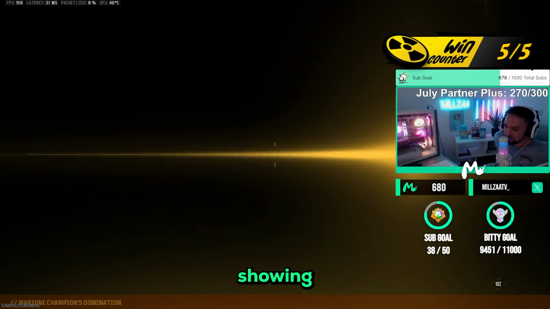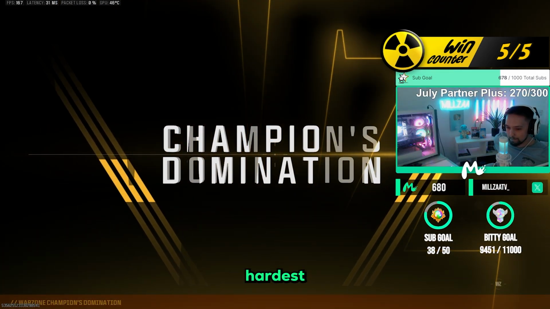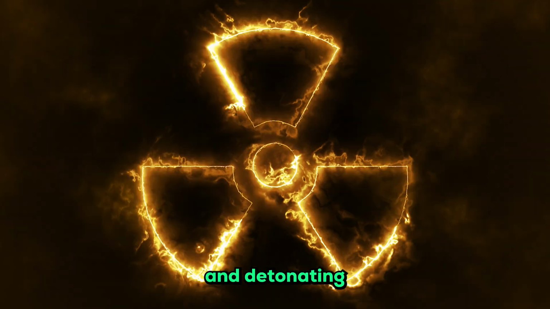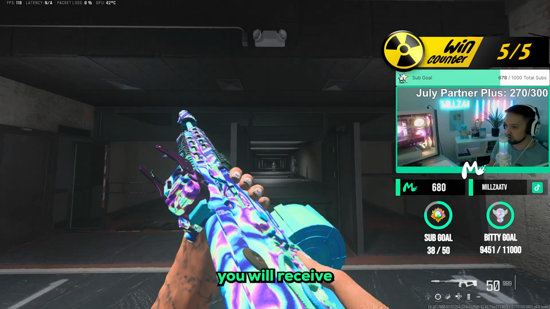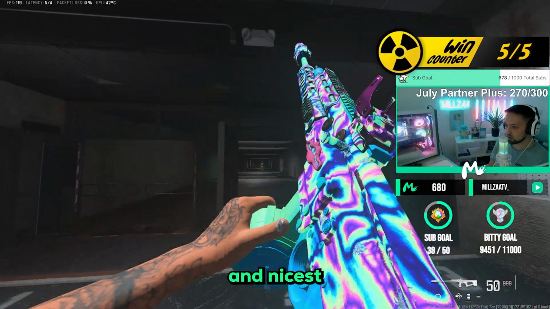In this video, I will be showing you guys how to complete Warzone's hardest challenge, the Champion's Quest on Rebirth Island, arming and detonating the nuke. For completing this challenge in Season 5 of Warzone, you will receive one of the rarest and nicest looking camos in the game,